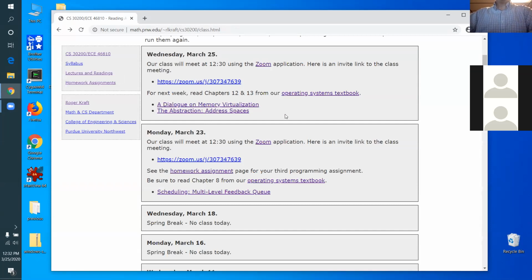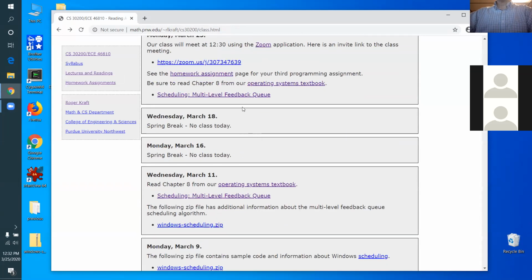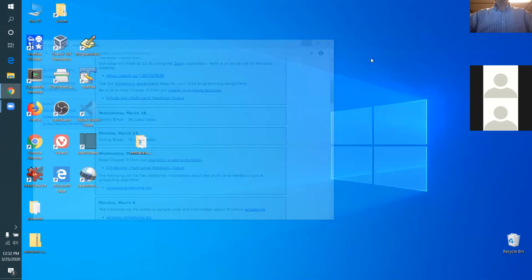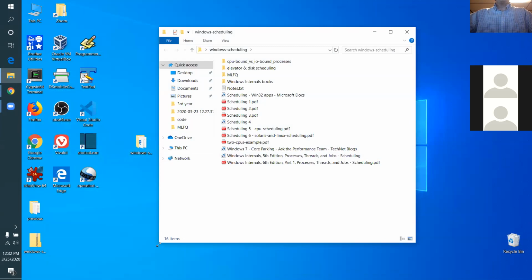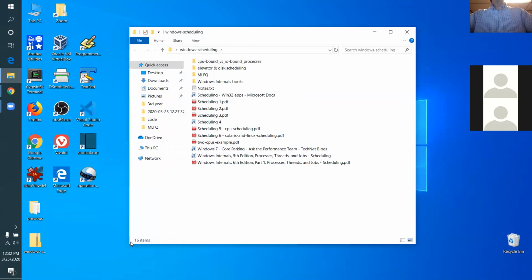Okay, and today we're going to talk about multi-level feedback queue, chapter 8, and we're going to look at the examples that are in the zip file window scheduling. I've already downloaded the zip file to this machine. Okay, all right. So the multi-level feedback queue algorithm,